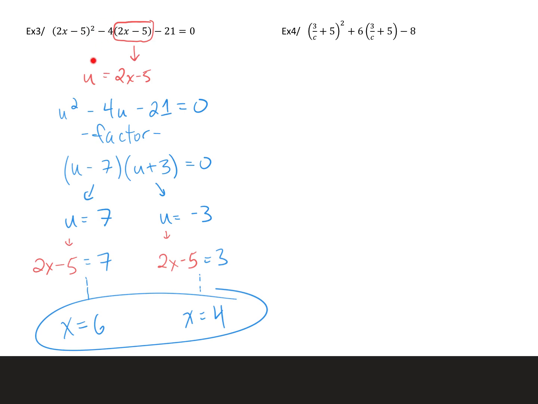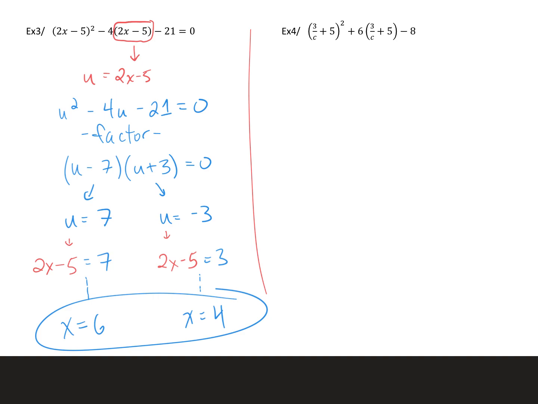You can still see the -4 is here, the -21 is here, the equals 0 is here. Once you make that substitution, you factor and solve for u, then back substitute the u's for 2x minus 5, and then you solve that equation to get x equals 6, and this equation to get x equals 4. And something similar happens over here in example 4,